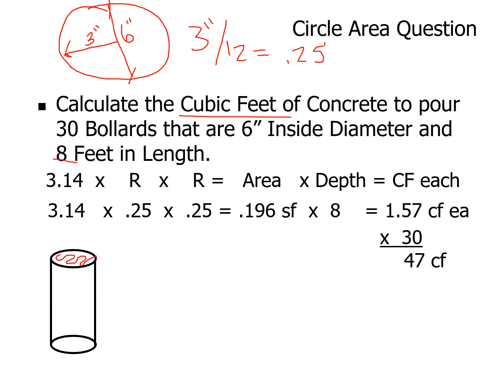Most of us, we don't purchase concrete in cubic feet. We purchase it in cubic yards. So we're always thinking cubic yards. You talk to me about dirt or concrete, and I'm always thinking about cubic yards. I'm never thinking about cubic feet. I'll order concrete in cubic yards. So it's real easy to look at that and 47 cubic feet divided by 27, that's 1.74.